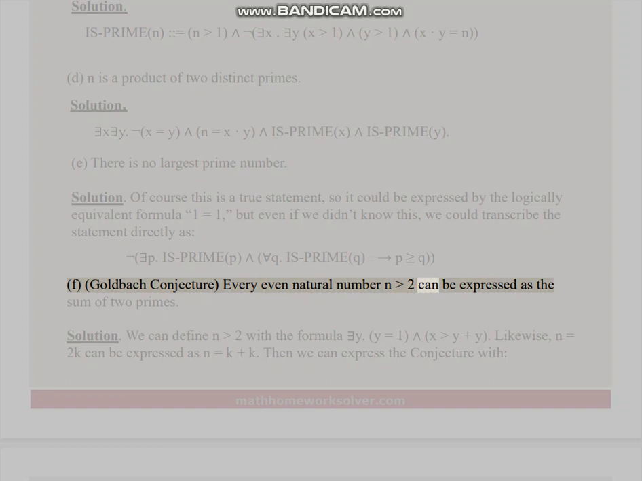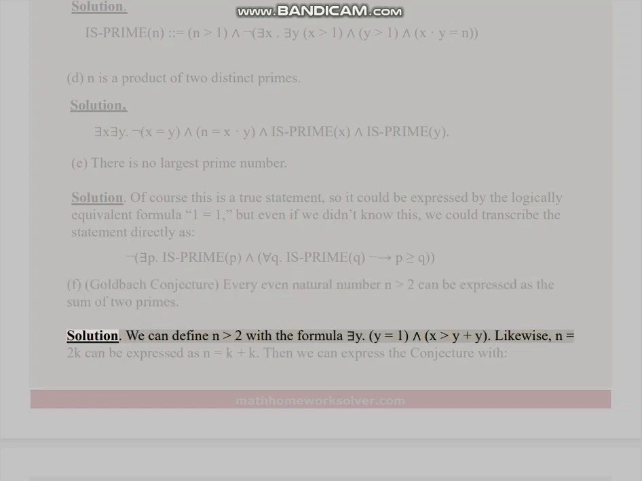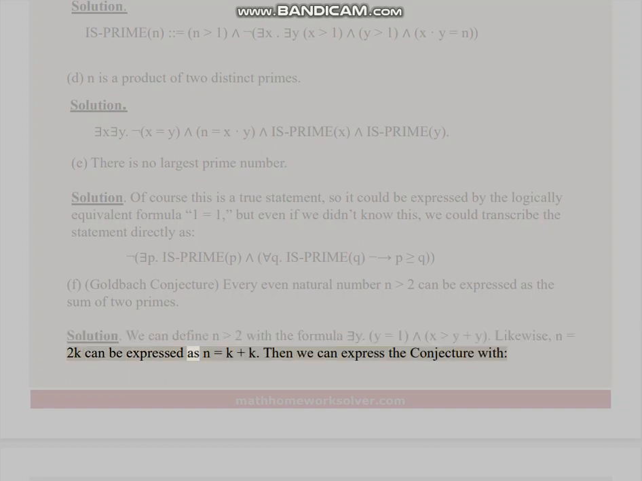n greater than 2 can be expressed as the sum of two primes. Solution. We can define n greater than 2 with the formula ∃y (y = 1 ∧ n > y + y). Likewise, n = 2k can be expressed as n = k + k. Then we can express the conjecture with